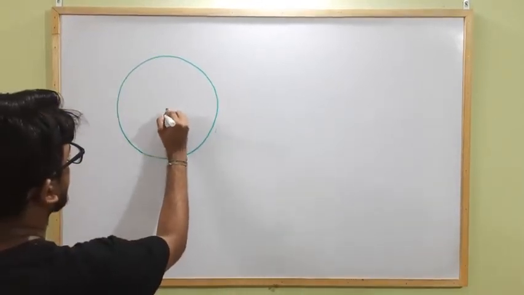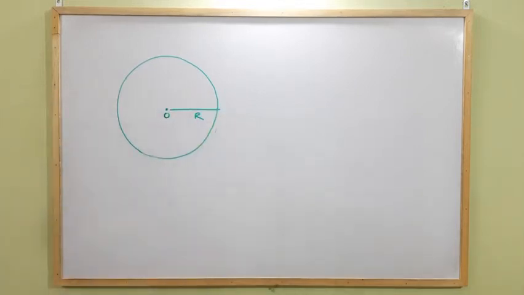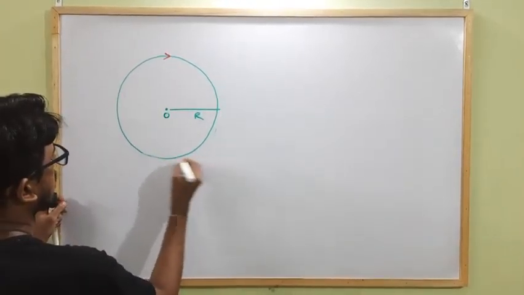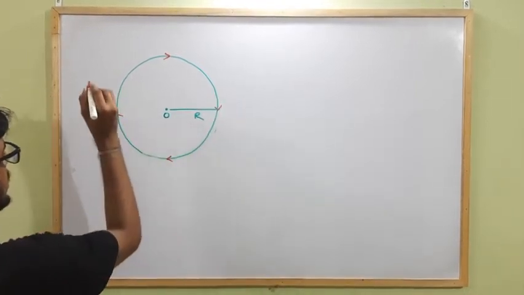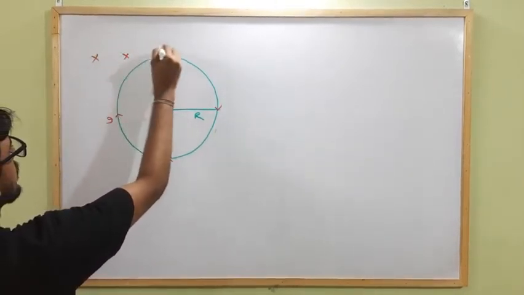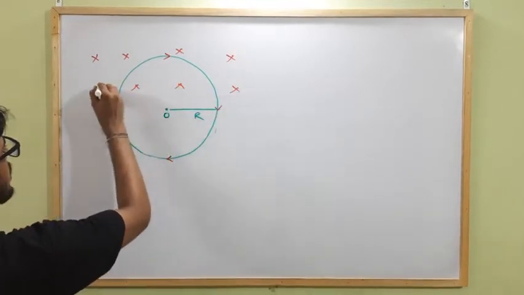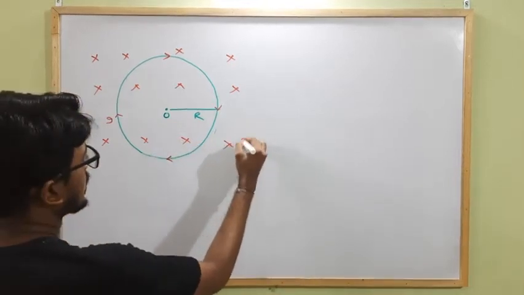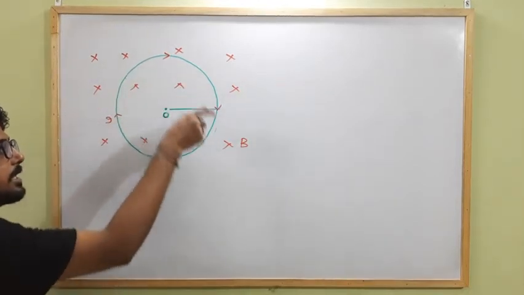Okay, this is the center O and its radius is R. It carries current along this direction, clockwise, I, and the external magnetic field strength is into the plane, of strength B. So as we know, it's a current carrying closed loop present in an external uniform magnetic